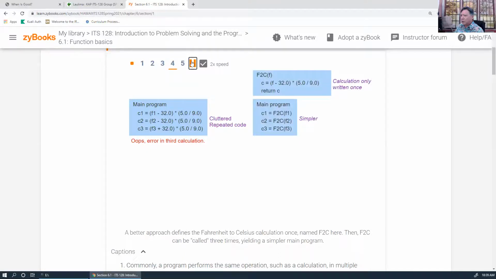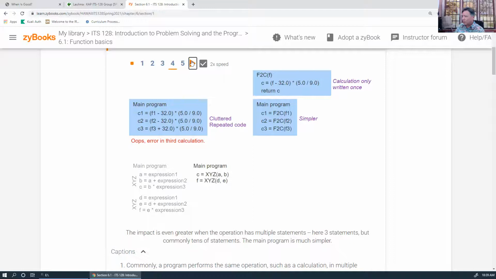It's simpler. Now the impact is even greater when the operation has multiple statements. Here are 3 statements, but commonly tens of statements. Program is much simpler. Okay. All right, I see the point. The point is,